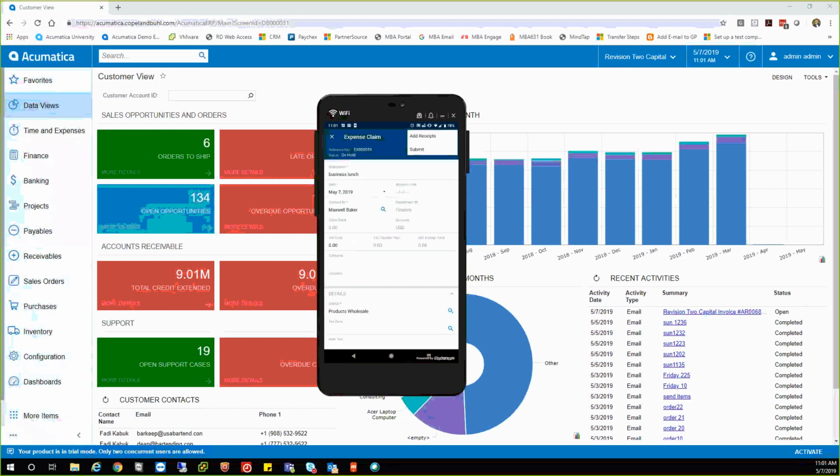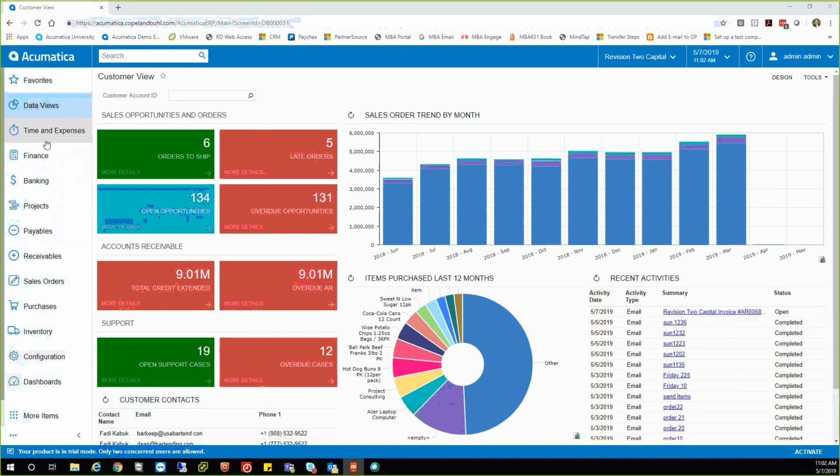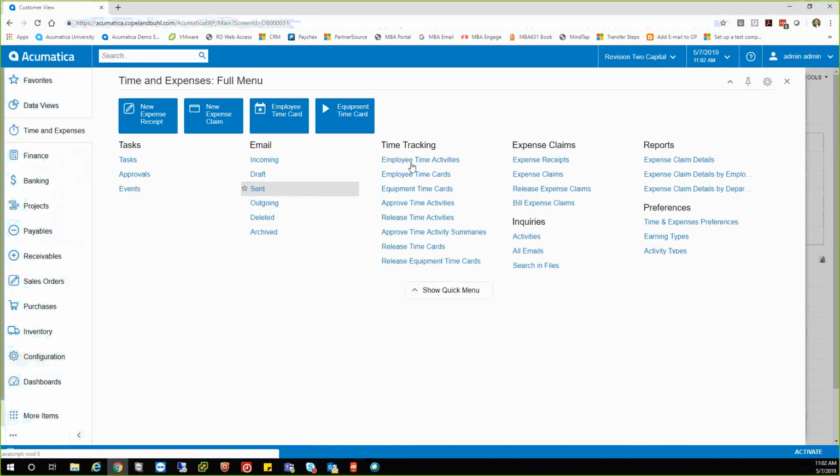And it's showing the status of on hold right now. We can go ahead and hit submit. And so now you can see it showing as pending approval. And so now that it's saved and submitted, we can come back into Acumatica here on our browser, go to